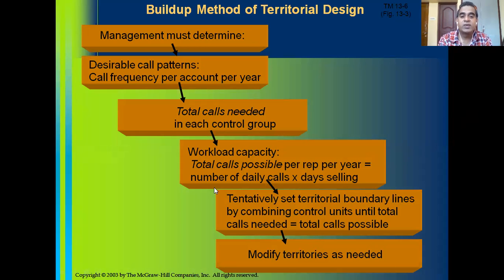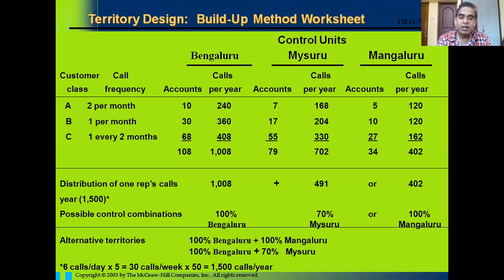So we did that simply by multiplying the number of daily calls possible by the number of working days in a year. Any doubts here so far on determining workload capacity? No, sir. See, in the examination, when you receive this question for 10 marks, remember, either you can remember this or you can have your own figures.